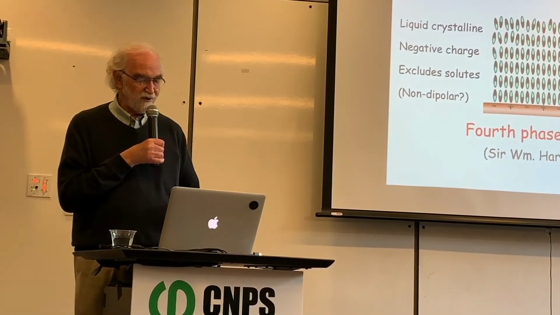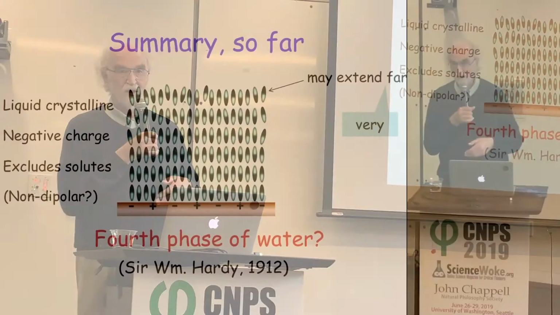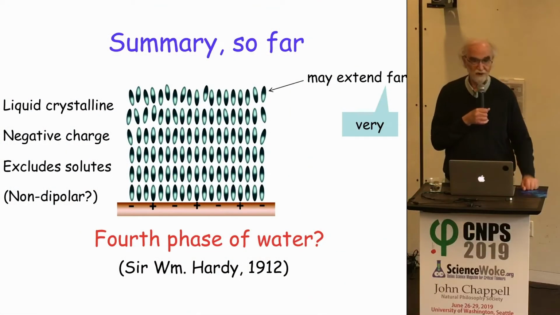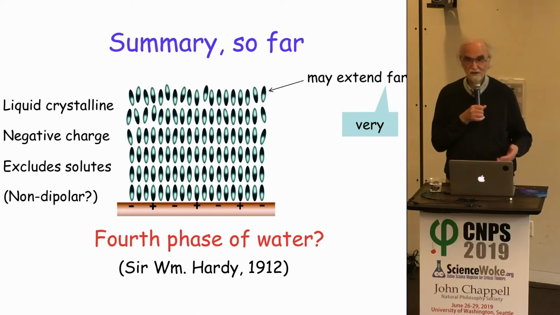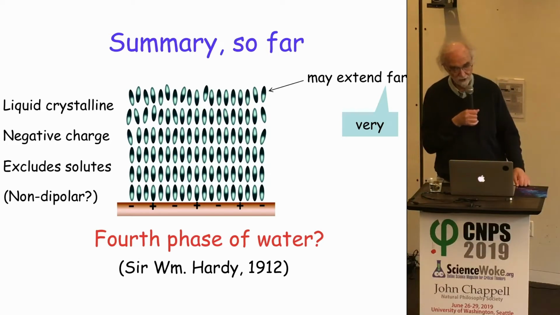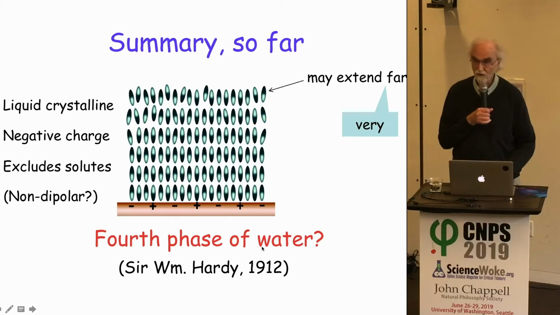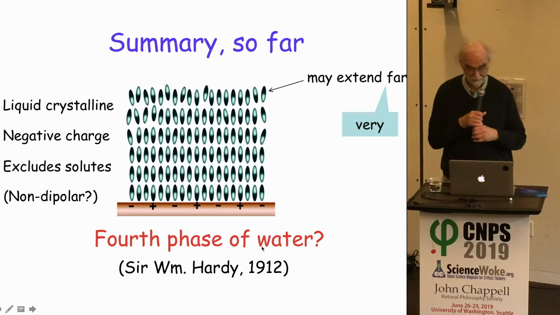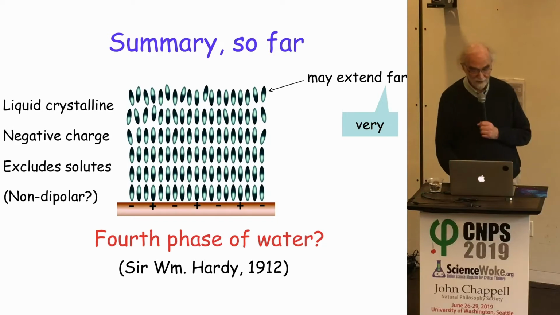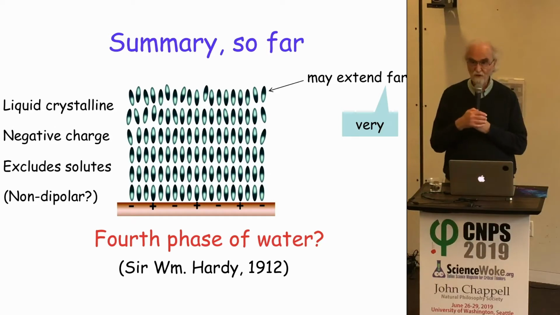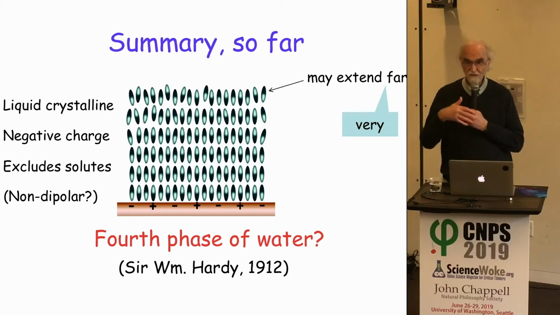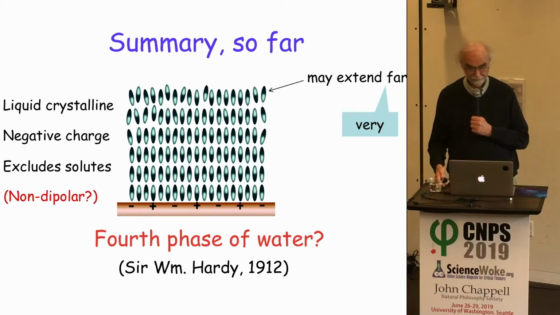But 100 years ago, he said, even then, there were many known anomalies. And he said, look, there are too many anomalies, something's not working. The idea of 3 phases of solid, liquid, vapor just doesn't answer all the questions. And he was suggesting that there might be a 4th phase of water somewhere in between a solid and a liquid. So it's not a new idea, and so we tend to, I don't know, justified or not, call this exclusion zone, the millions of layers, another phase of water, a 4th phase of water, a phase where the molecules are somehow ordered.